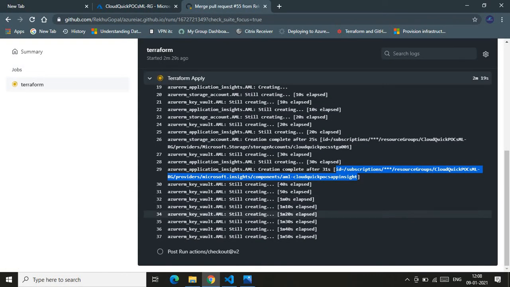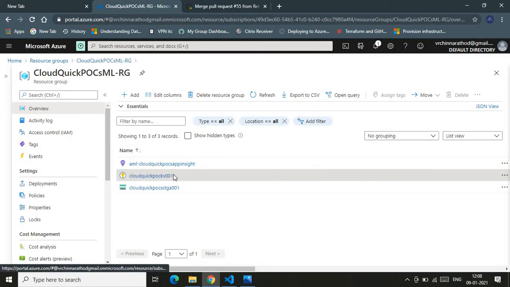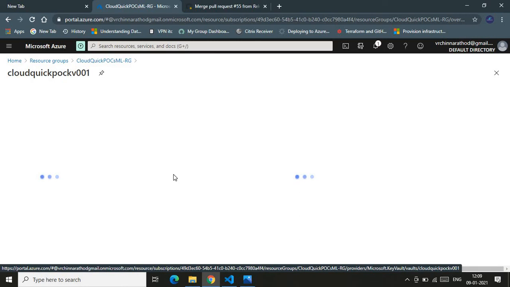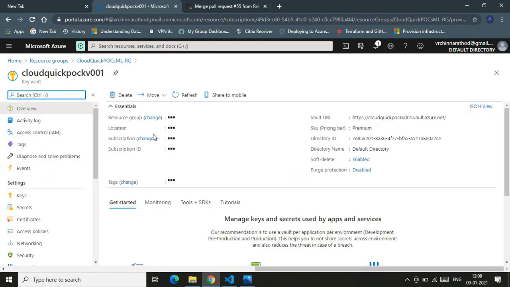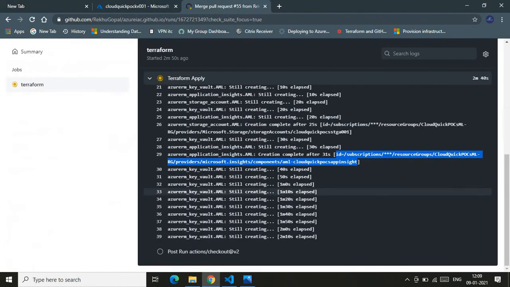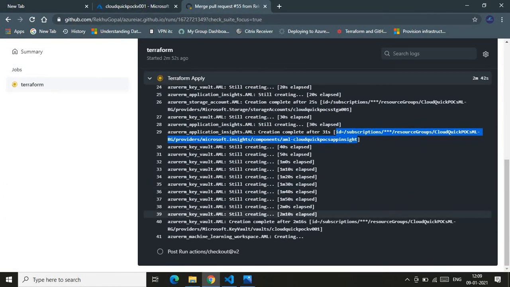The machine learning service will be created once the key vault creation has succeeded. Okay, so it's still creating. I should see the status of the service as creating. I will show you if that is correct. Here you go, it's still in the creation stage, because Terraform is still provisioning, right? So that's the reason I'm saying it's still in creation state.